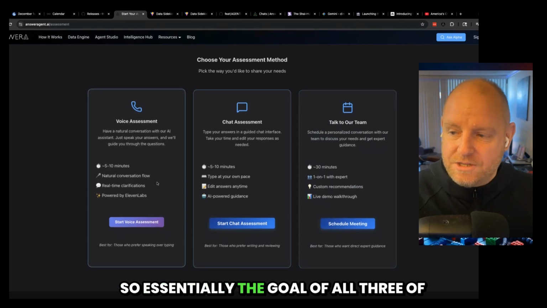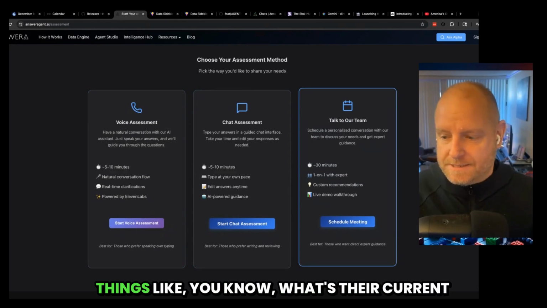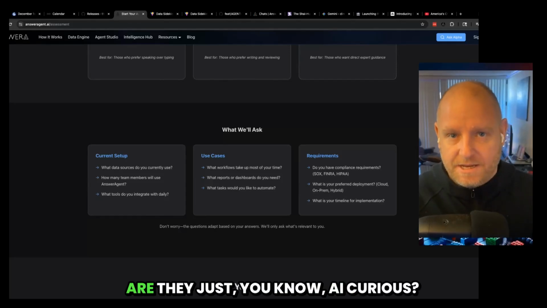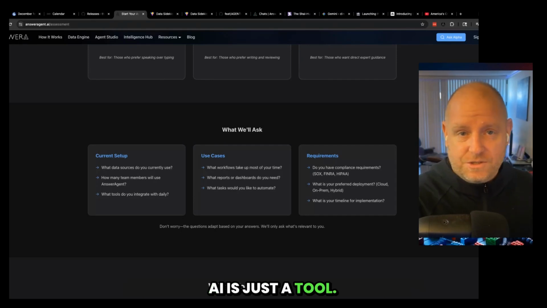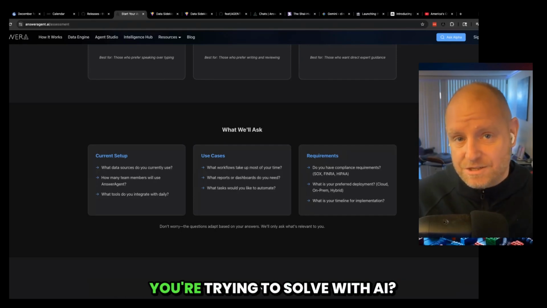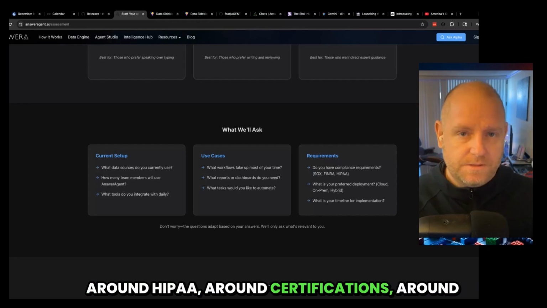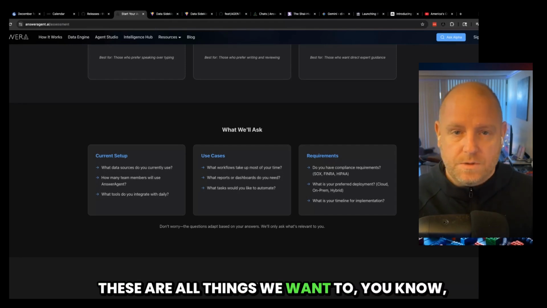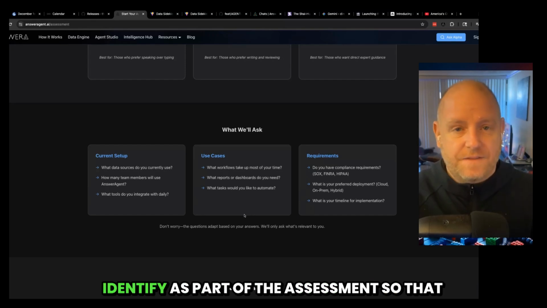The goal of all 3 of these is to get information about things like, what's your current setup? Have you tried AI, or are you just AI curious? What are the different use cases? AI is just a tool, so what are the actual business processes you're trying to solve with AI? Do you have any requirements around HIPAA, certifications, or regulation? What are your security constraints? These are all things we want to identify as part of the assessment so that we can see how ready